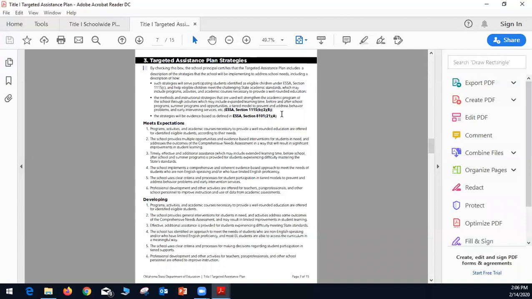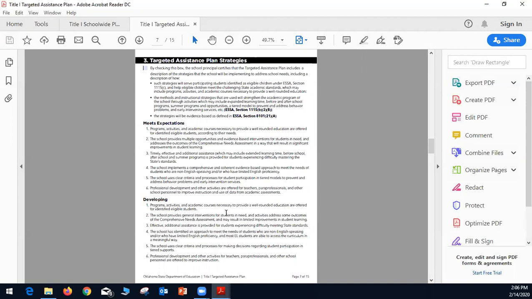A well-written targeted assistance plan that meets expectations will have programs, activities, and academic courses necessary to provide a well-rounded education that are offered for identified eligible students according to their needs.